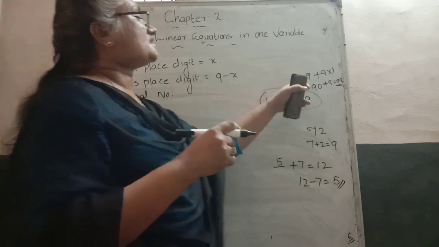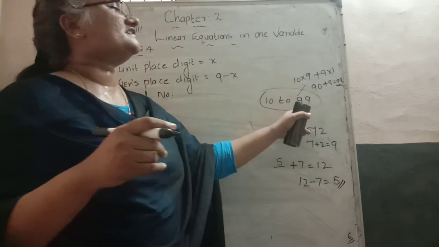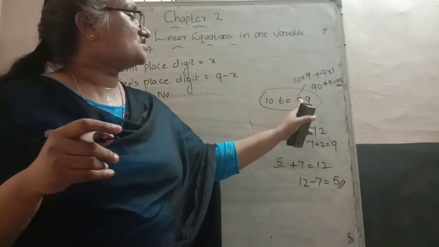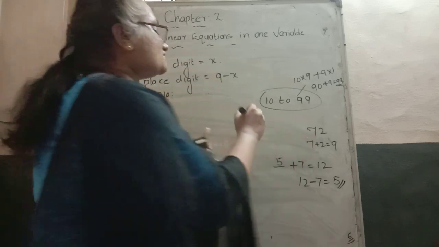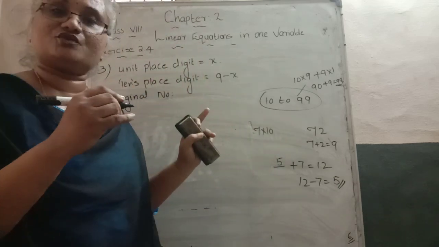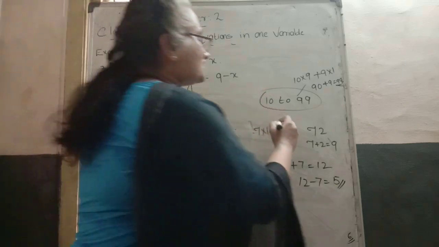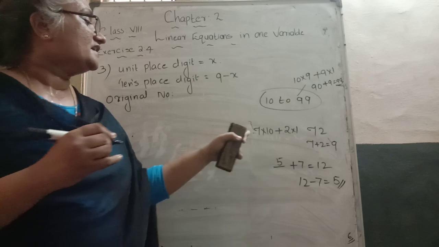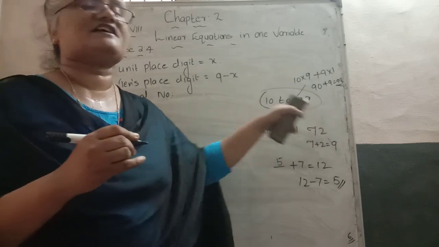Here, how do we write place value wise? Earlier I showed that 9 is in the tens place, so place value wise it is 10 into 9. Now take 72: 7 is in which place? Tens place. So place value wise, 7 into 10. Splitting like this, as you learned in small classes, 2 is in the ones place, so 2 into 1. Unit place means 2 into 1. Then 7 into 10 is 70, plus 2 becomes 72. So this is how to split and write.